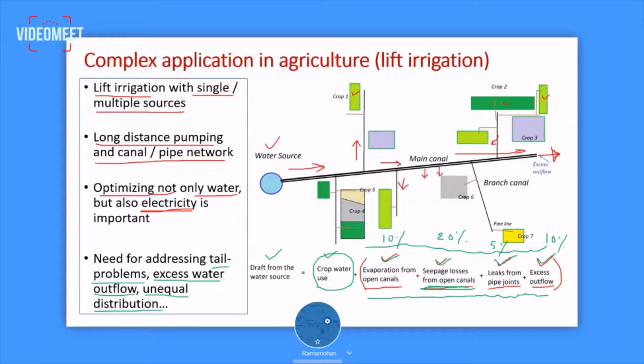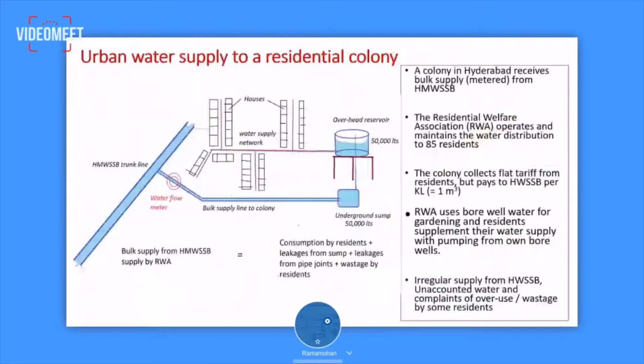So this is how we apply these principles. And then now I will take you to a different setting. So here let us take a case of an urban water supply to a residential colony. This is the case of a colony in Hyderabad which is receiving bulk water supply from the Hyderabad Metro